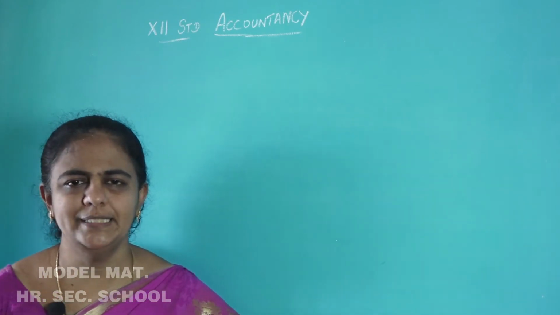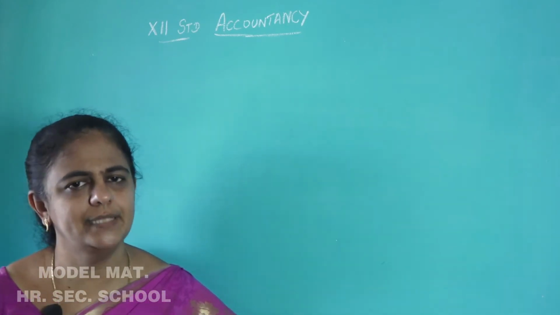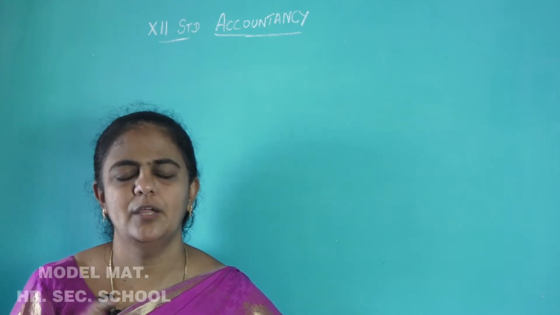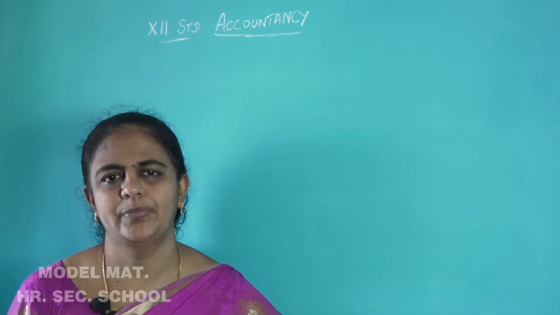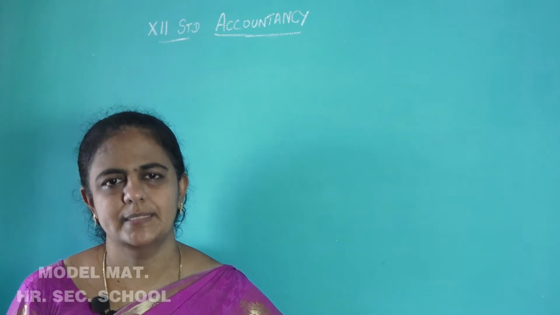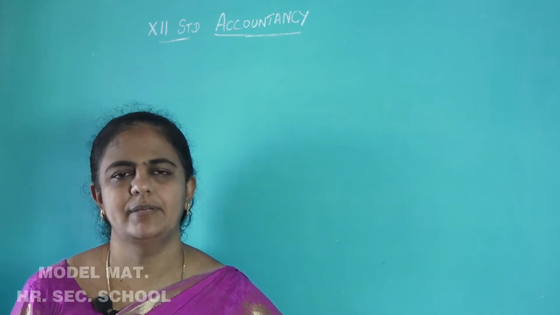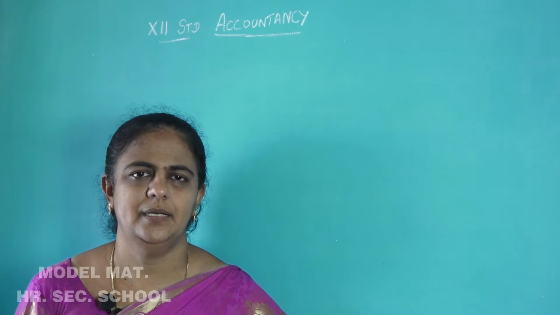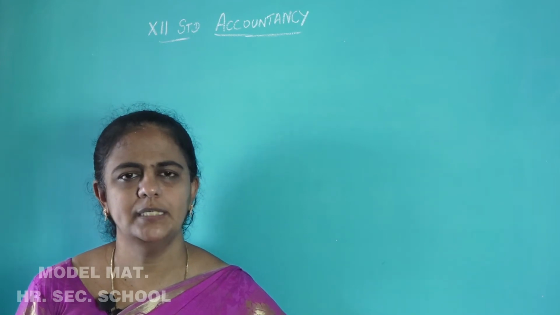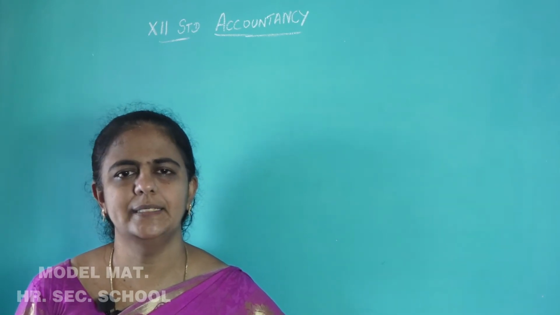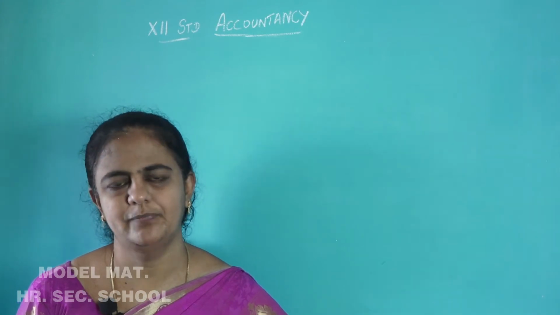But when you are maintaining the accounts, you have to maintain three things. What are the things? First one, you have to maintain the receipts and payments account. What items will appear in the receipts and payments account? All that we have discussed in the previous class. Today we will be seeing what are the items to be entered in the income and expenditure account.